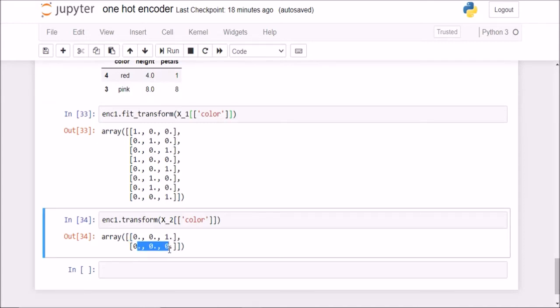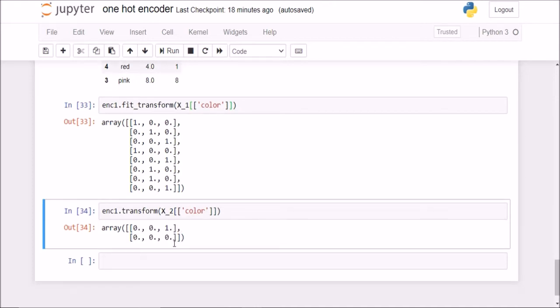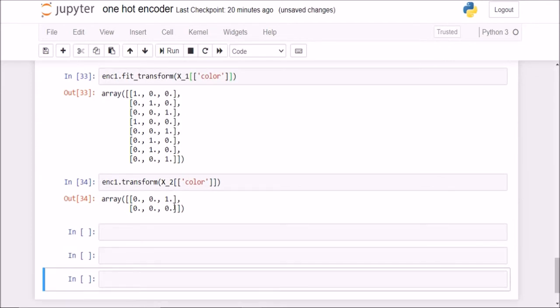Okay, so this is another good reason for using one hot encoder, because it will automatically do this work for us. Okay, so I hope I am clear by now as to why we should be using one hot encoder. Although we are not getting a pandas data frame by default, but we are getting a NumPy array here, which we can easily convert into a data frame. Now we will look at a real world example.